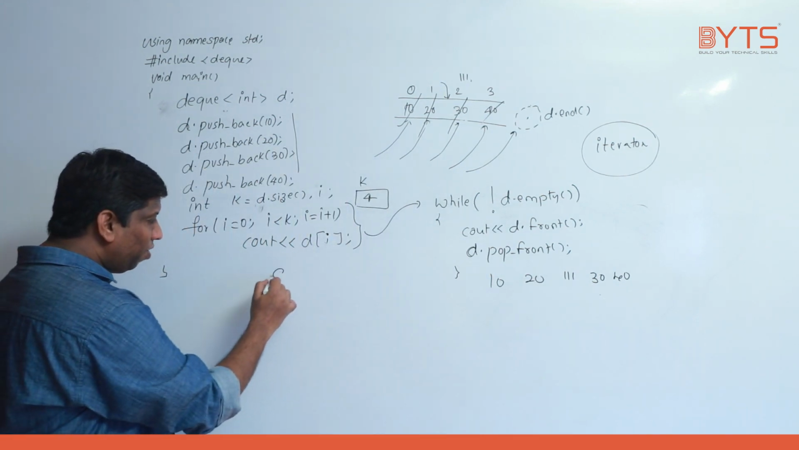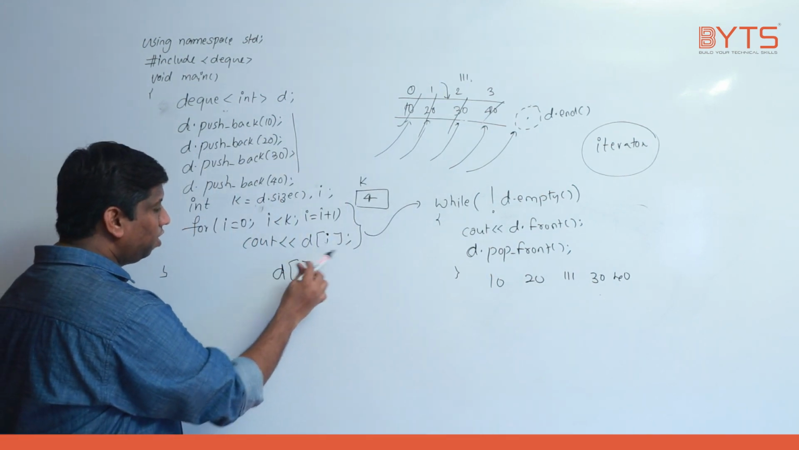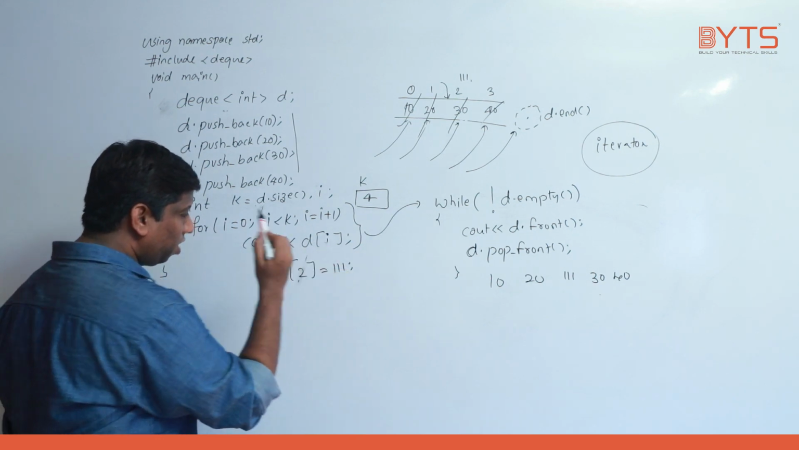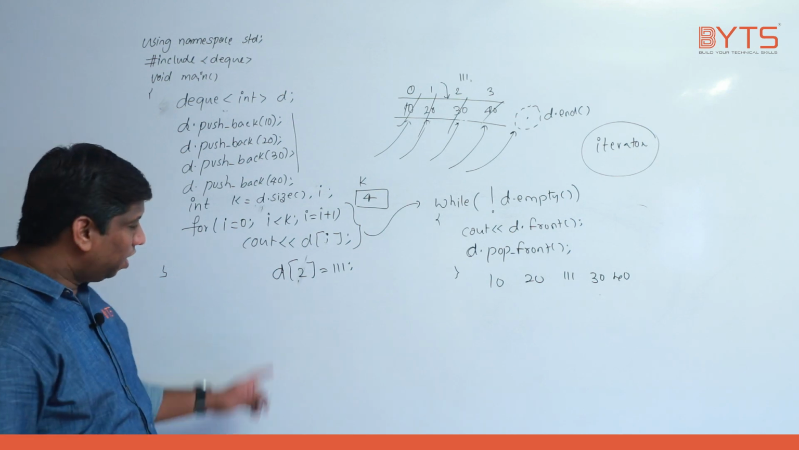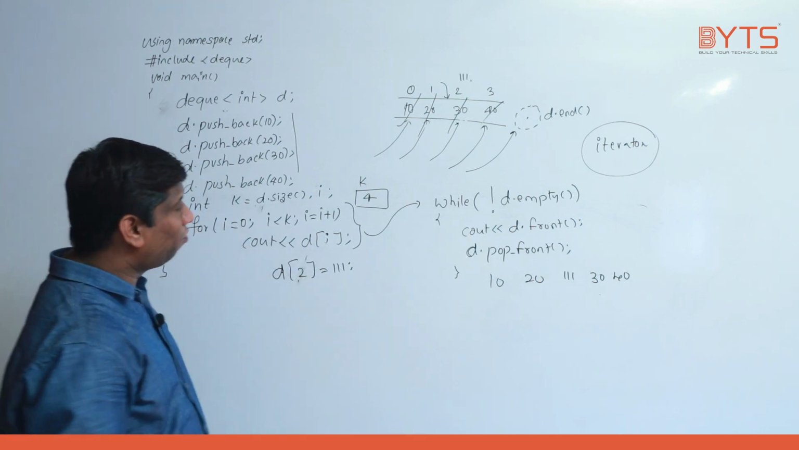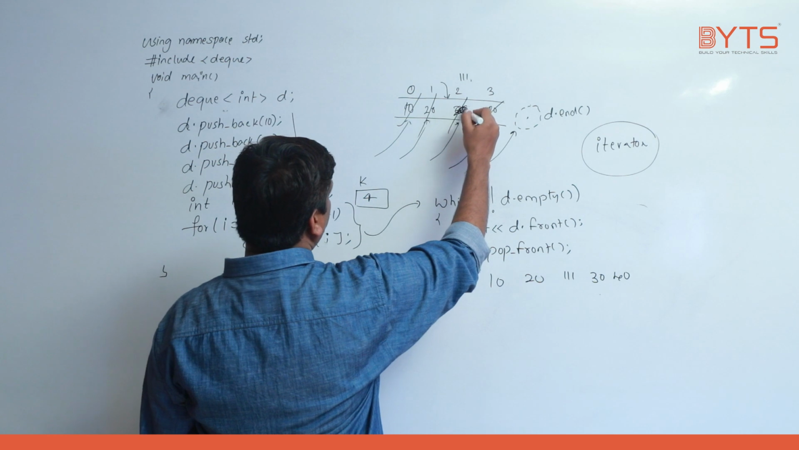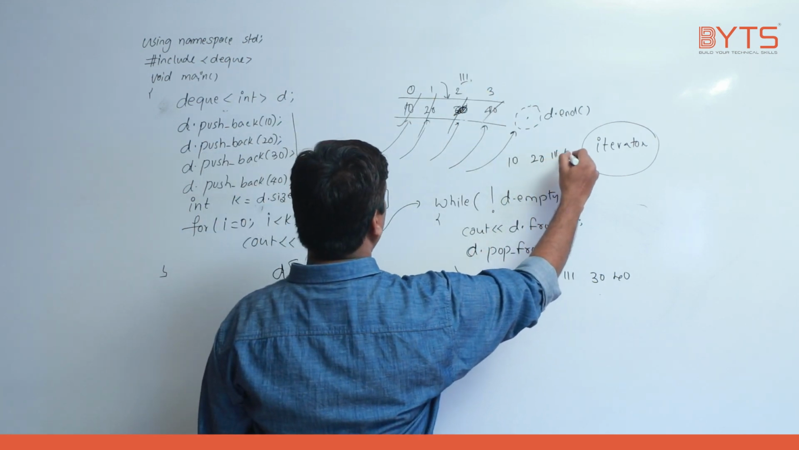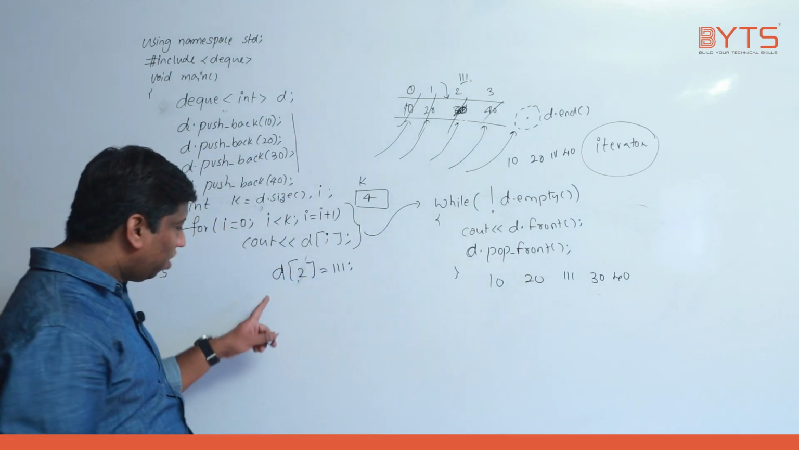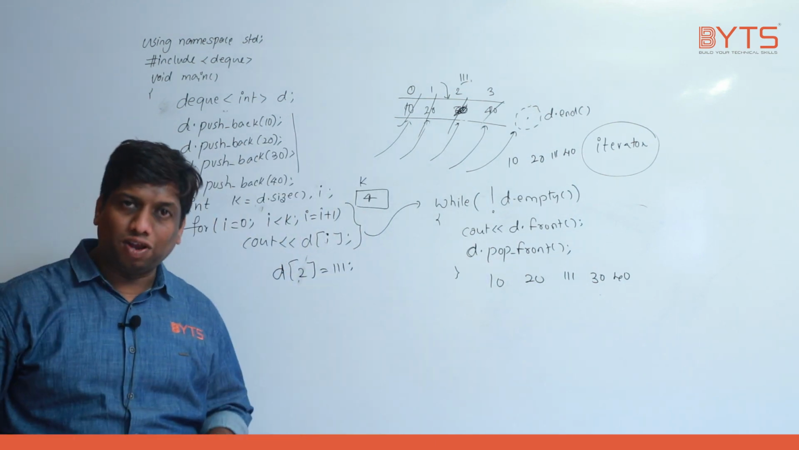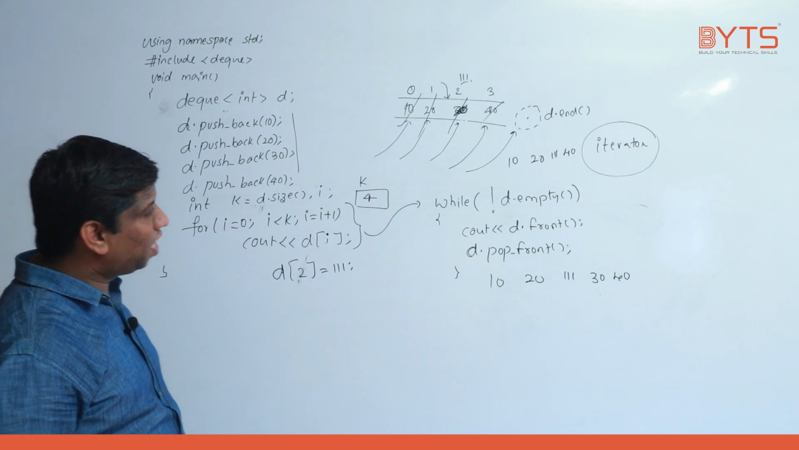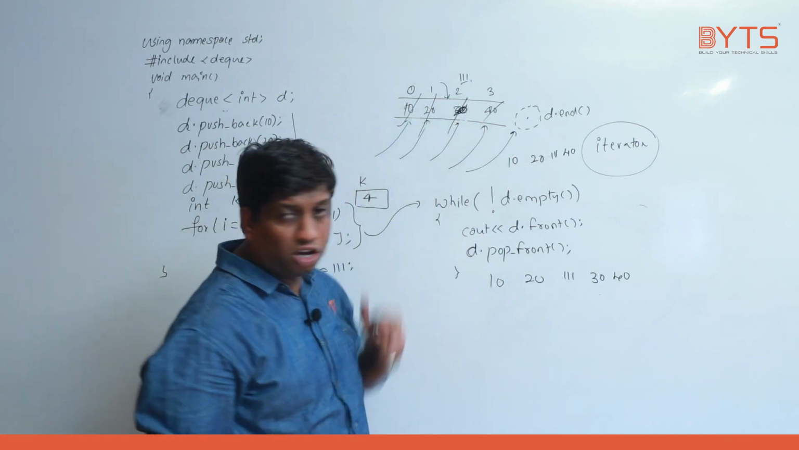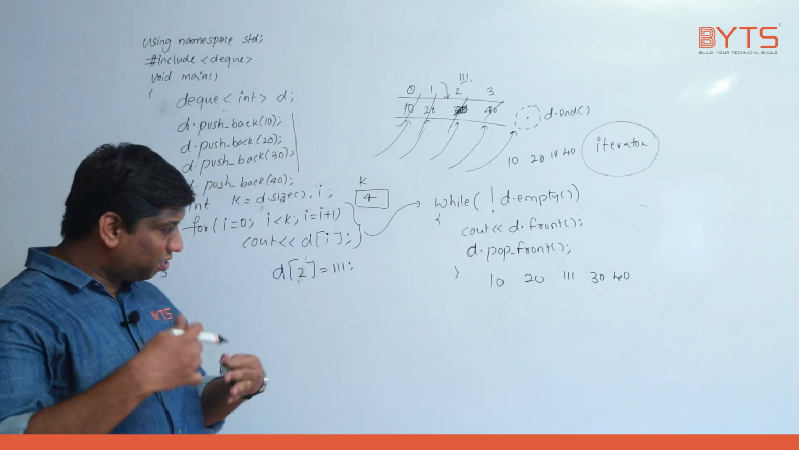But if someone writes d of 2 is equal to 111, understand, very important point I am telling. If you write d of 2 is equal to 111, 30 is replaced with 111, so what will the array be? 10, 20, 111, 40, right? Understand? If you write d of 2 is equal to 111, what happens? Can you please understand? So this 30 is replaced with 111,